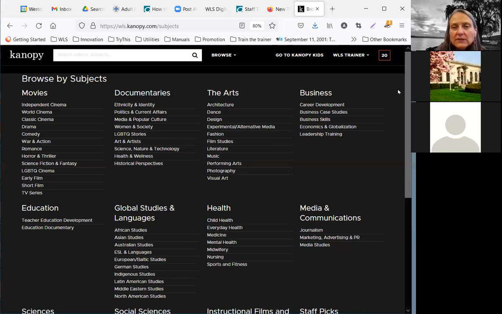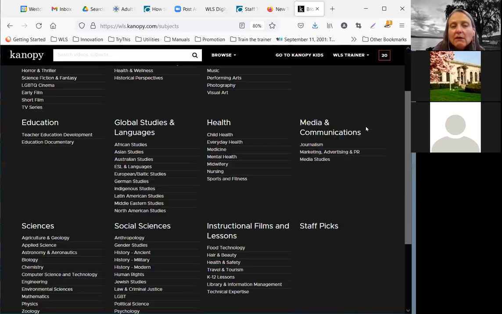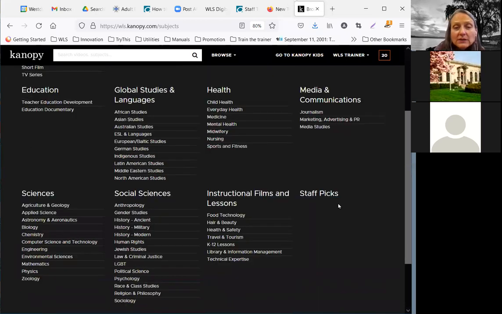There are business films and career development films, so these can be added to or referred to if you're working with patrons who are interested in careers and job skills. There are videos about interviewing and different parts of the job search process. You can also see that there are education films, and there are even some instructional films for different careers, including